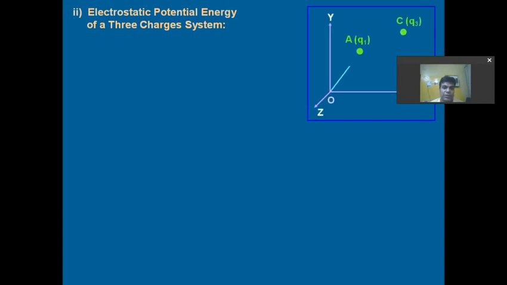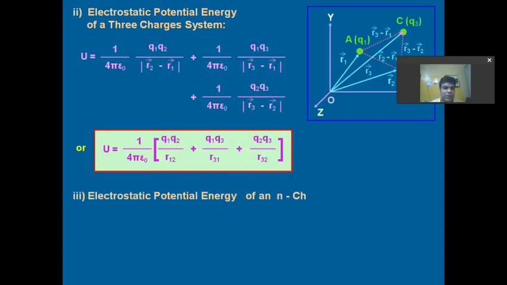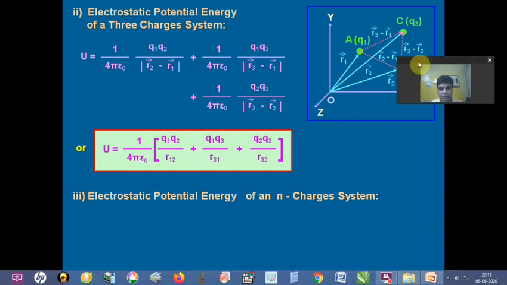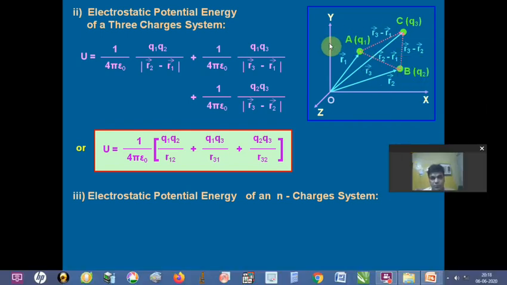Now we have three charges, a set of charges. So for the potential energy, this is the important thing. Here is a point A which is connected to O by distance r1, then point B where charge q2 is placed and connected to O by distance r2, and point C which is placed at a distance r3. Now what we match here are AC, CB and AB. What is the difference? AC